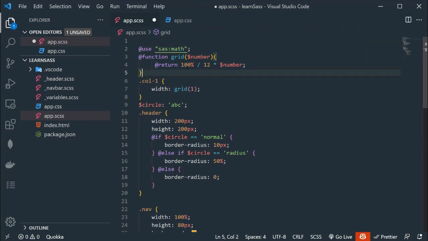Now simply instead of this code we have to add math, basically this math. From math I am going to access the div function. So div basically means division. So I want to divide 100%, comma, 12. Okay, so divide 100 by 12, multiply by